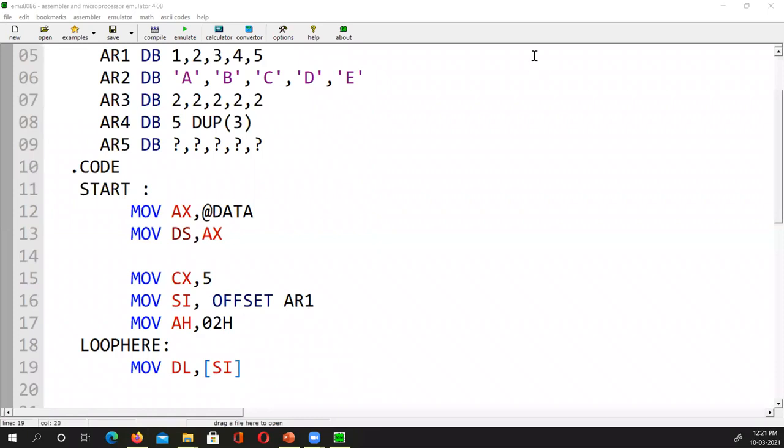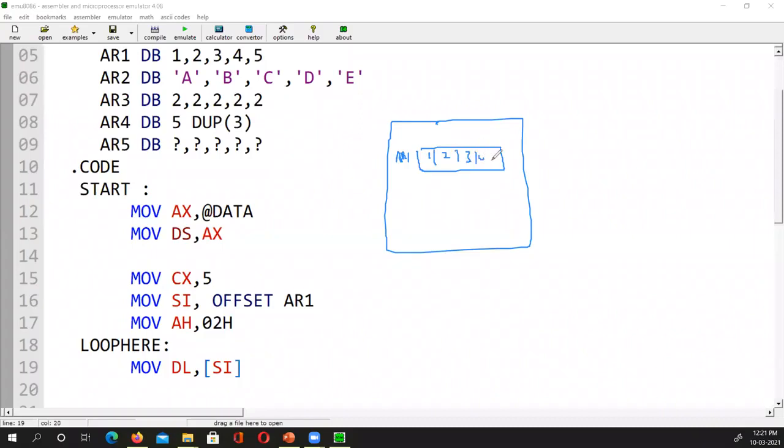Because in the data segment, I got the array 1, and here are 1, 2, 3, 4, and so on. SI is pointing to this one. So now I am getting this one by saying content of SI.